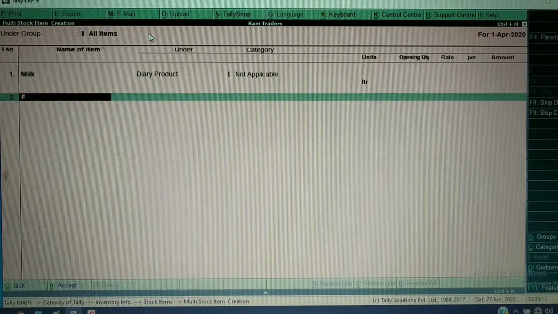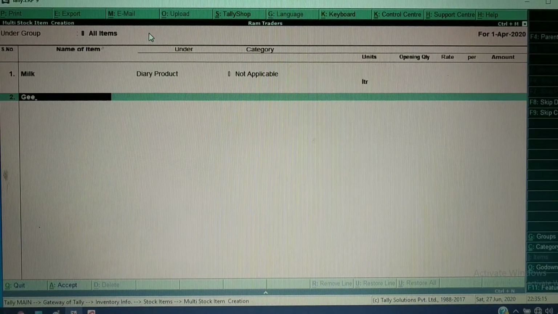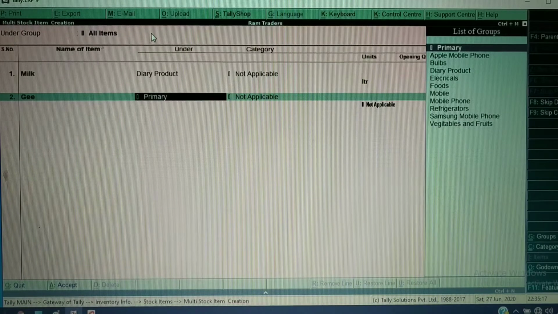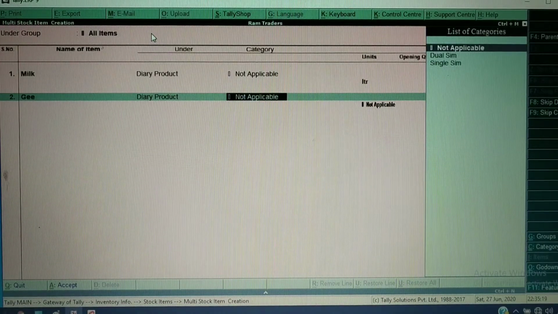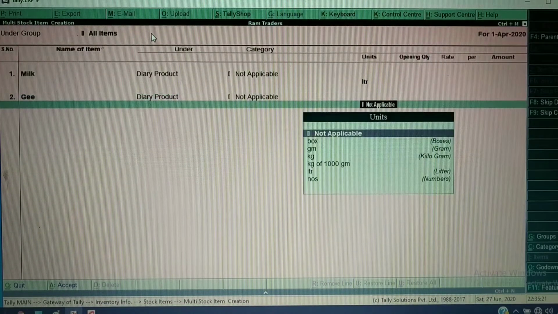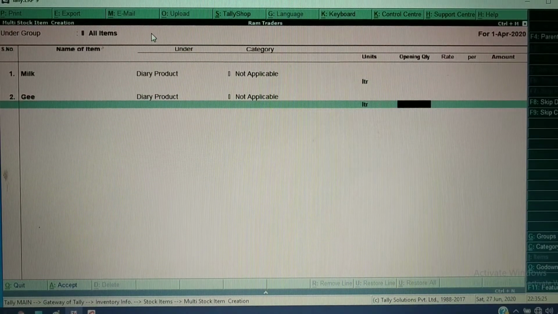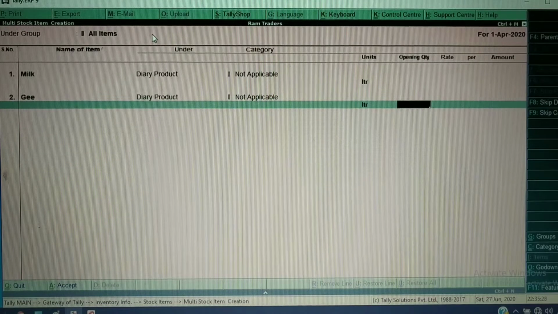Next I will take ghee. This will also come under dairy products. Now I will skip this category. Here you can see I have selected liter. If there are any items already remaining in your godown or shop, they will be considered as opening stock for the current stock item creation.